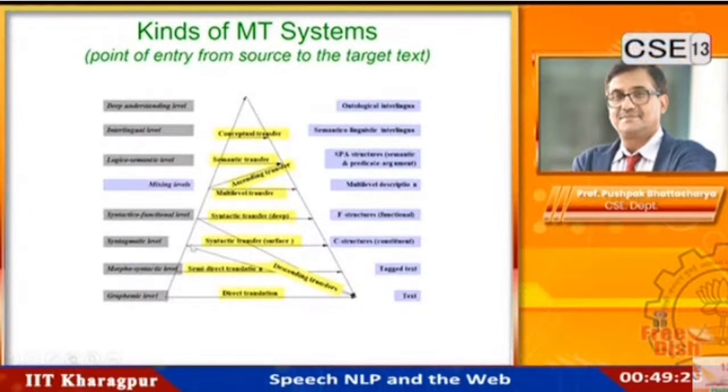What I mean by that is that suppose you have created the parse tree for the source language, and applying transformation rules on the parse tree and then generating the target language sentence may not work. We may need additional information to take it to a higher level of representation, which is closer to interlingua,